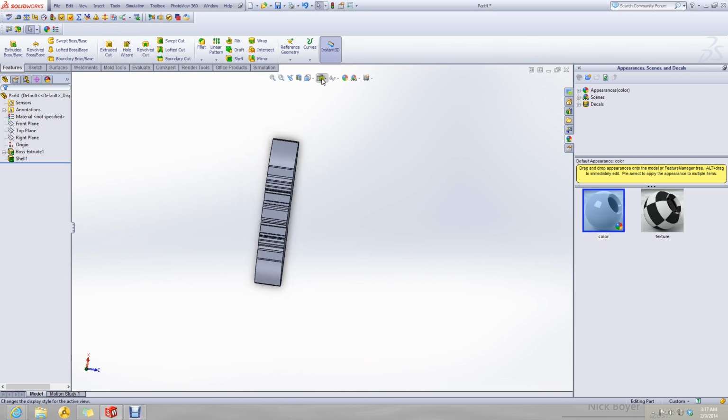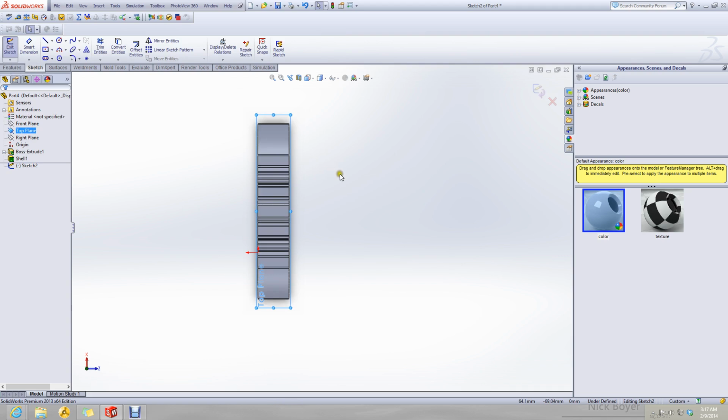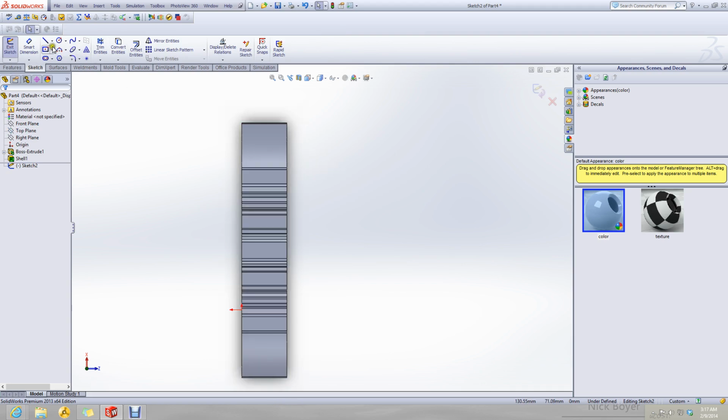Now from the top I have to remove 45 millimeters on one side. From here, this is my center line.